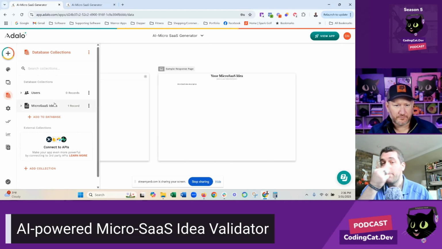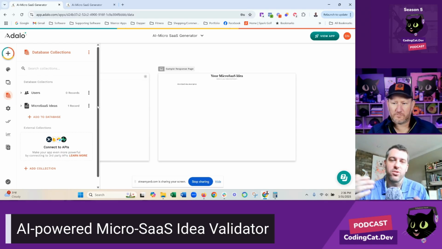Especially for some micro SaaS ideas, because Adalo used to have it where you were capped at collections and actual records, which they now thankfully have realized was not a scalable way to go. So these are not capped anymore, and you can technically scale as much as you want to. I do know the Adalo platform itself has always been hamstrung by scalability and slowness concerns when there's lots and lots of records.